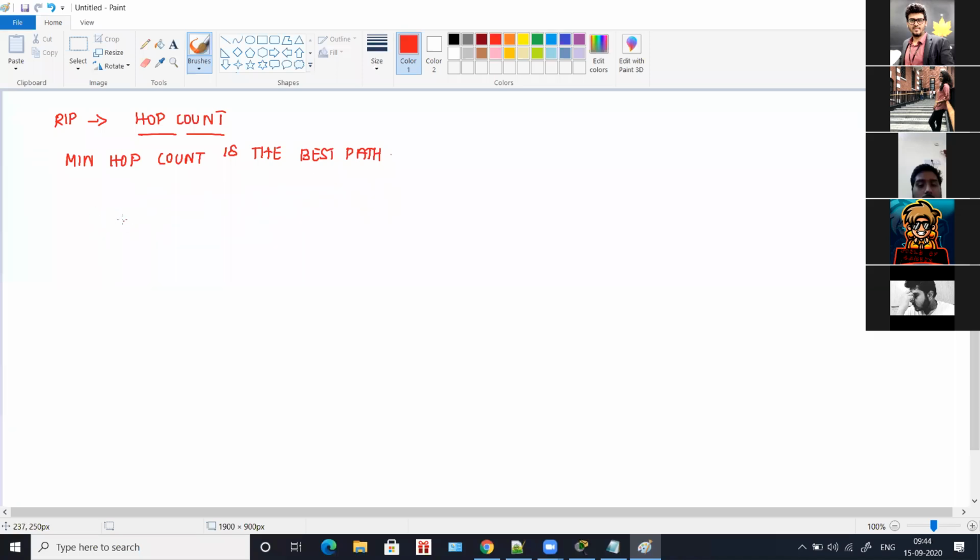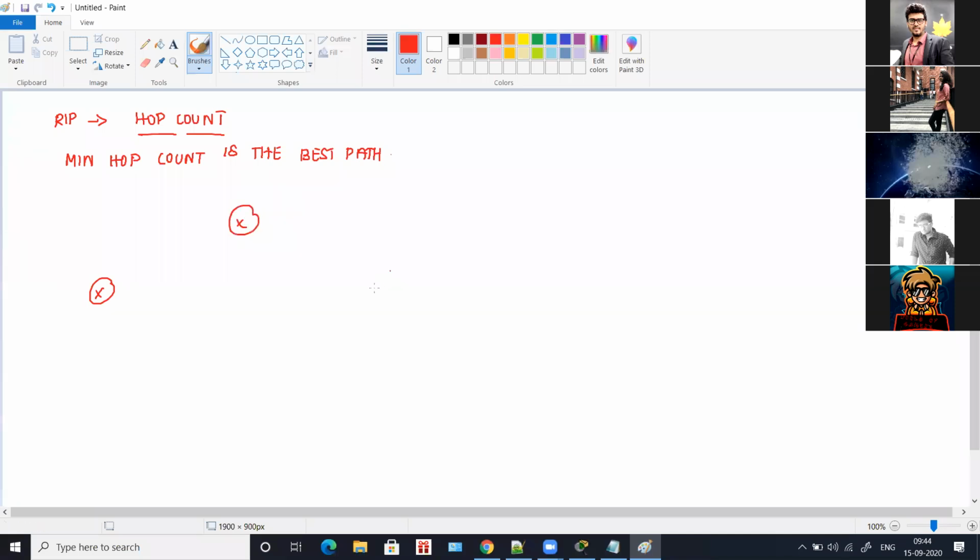So RIP considers hop count, and the minimum hop count is the best path. The router's work is to identify the best path, that is, which path is best to transfer your packet from source to destination.